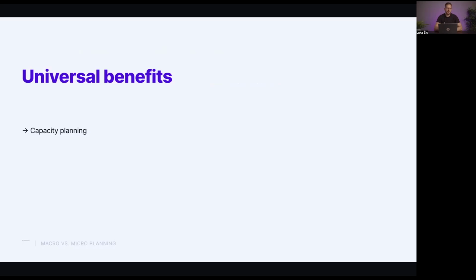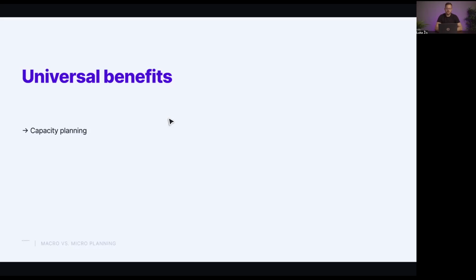What I would like us to go over is the benefits of using these options, and that way you can actually make a decision of what suits your needs and your situation the best. So let's go over some universal benefits. So benefits that you will get when you're using either resourcing or tasks. And just remember, you can use either one of those, or you can use both of them.